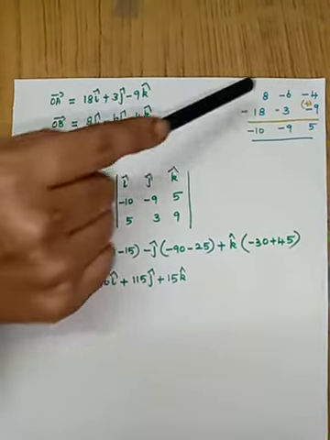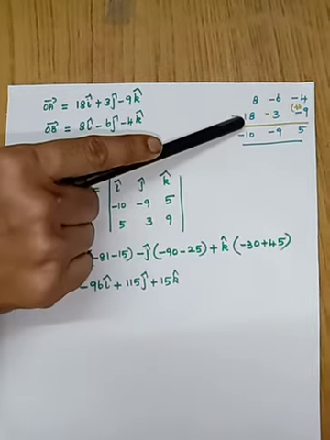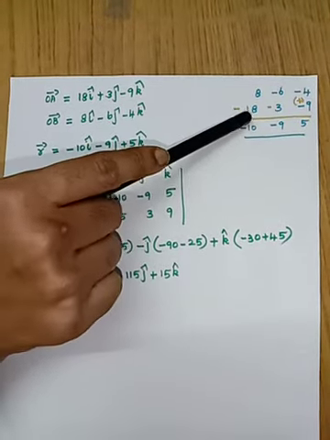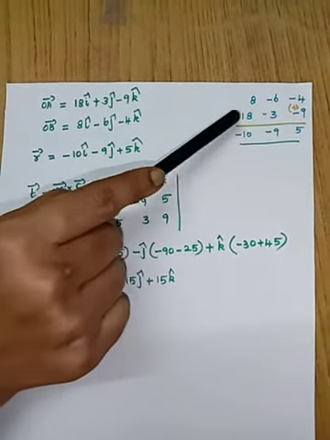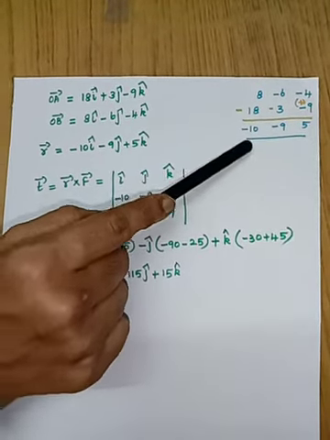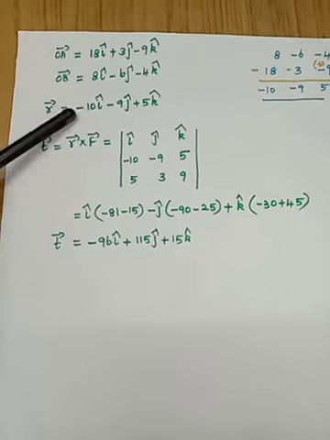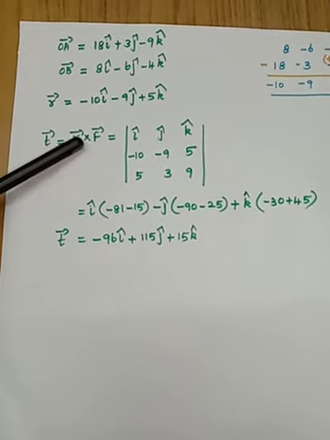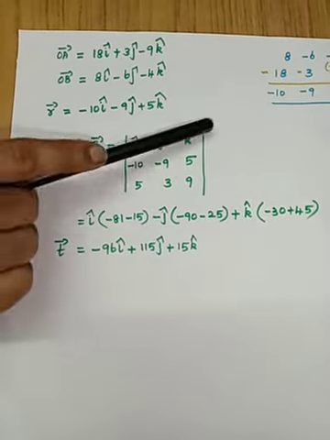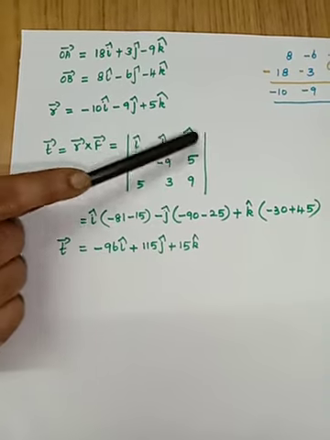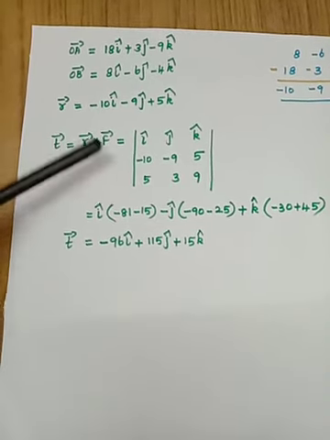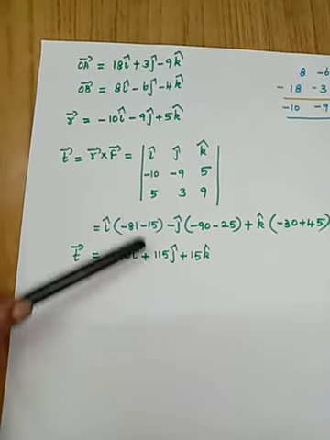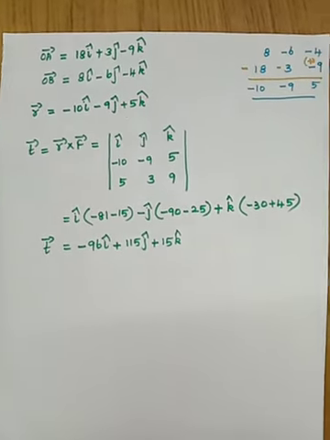So R vector, what is the formula? Through the point minus about the point. What is the through the point? 8, minus 6, minus 4. What is about the point? 18, 3, minus 9. So you have to change the sign and subtract, you will get this answer. Here R vector has to be written as a vector. Then you have to apply the formula. T vector is equal to R vector cross F vector. Here you have to use the cross product using a determinant. So first row i, j, k, the second row R vector components, and the third row F vector components. While you are expanding by R1, you will get this answer. This is the torque. Thank you, students.